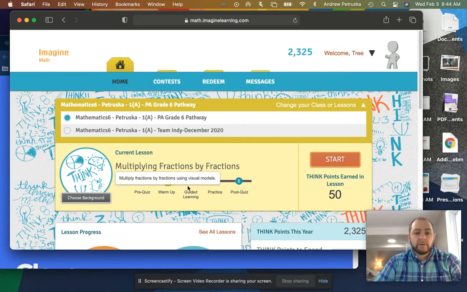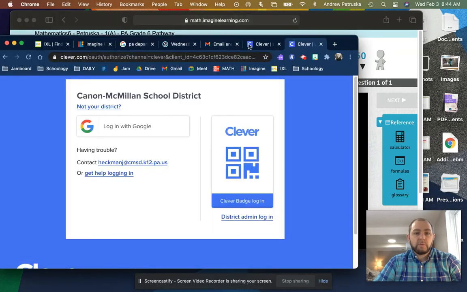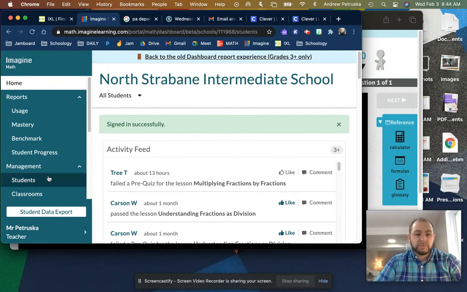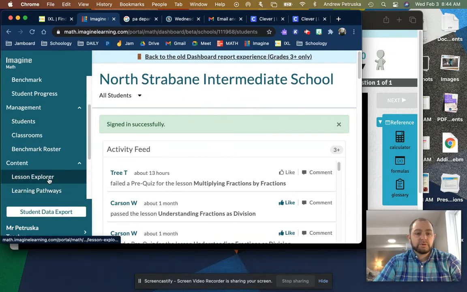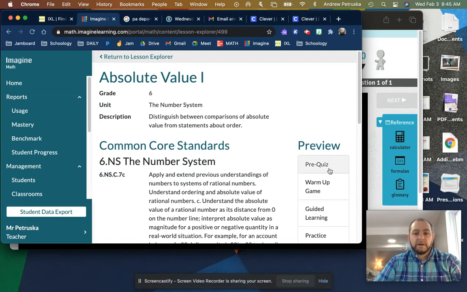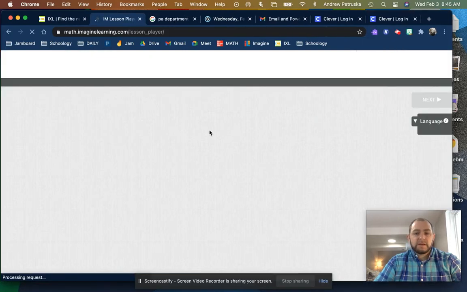Now, once you go into the guided learning, this is where if you're having some trouble, so if I go into, let's go to start. Let's see if I can move over. I'm not able to go to the guided learning on here, so I'm going to pull over to my page. So this is my own account for Mr. Petruska. And when I go into Lesson Explorer, when I go into a topic and we go to warm-up game, guided,